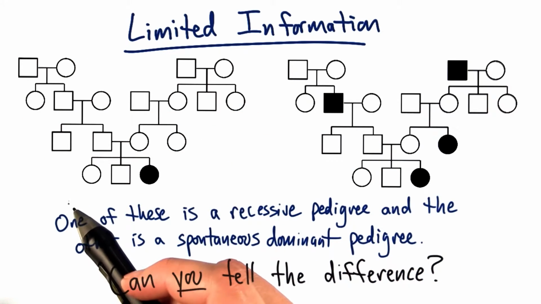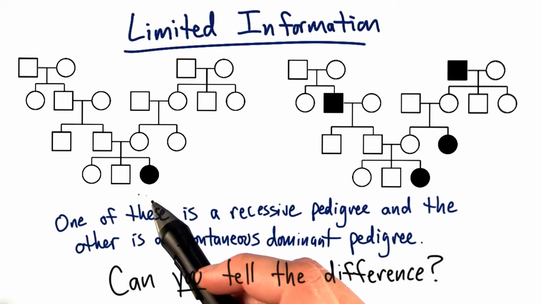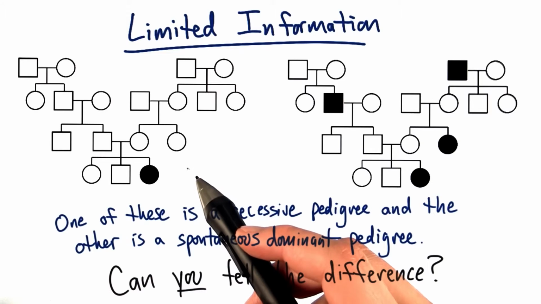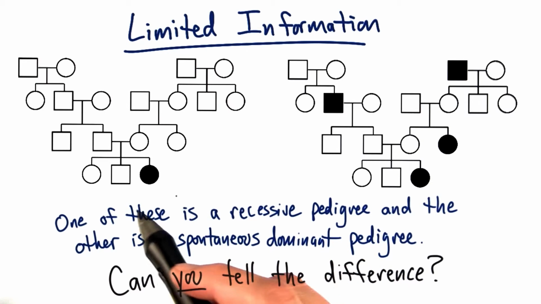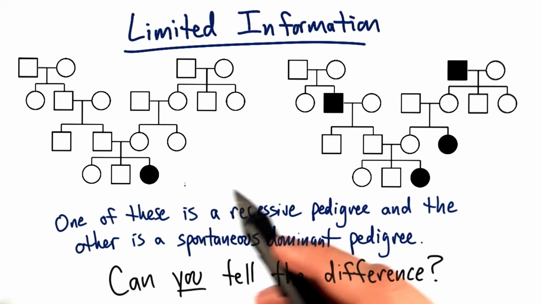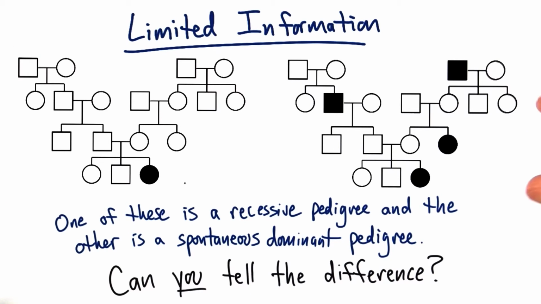Although again, this could still possibly be a result of limited information, and maybe we just need to zoom out even further to tell if it's actually another possibility of it being a recessive pedigree as well. The point is that any time we're really doing this in real life, we try to get as much information